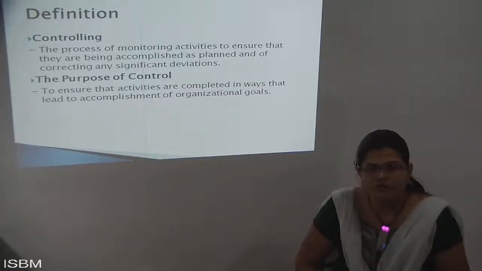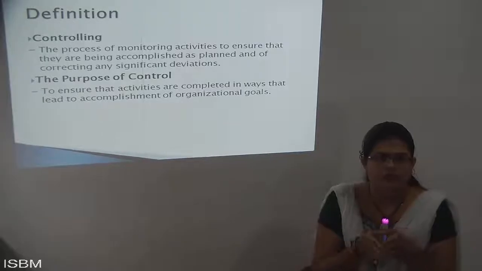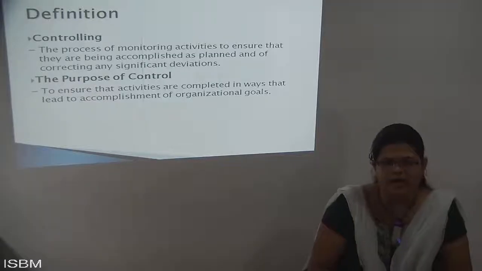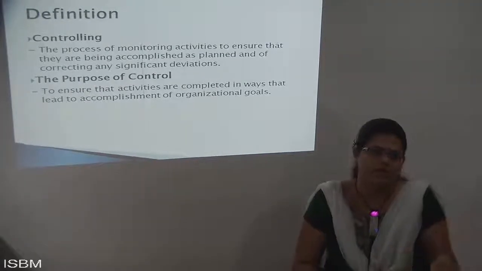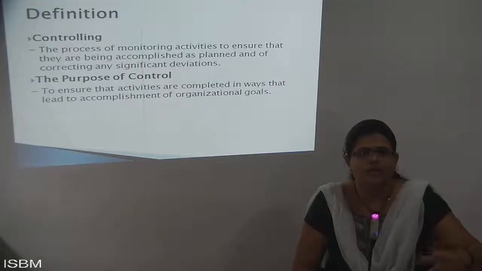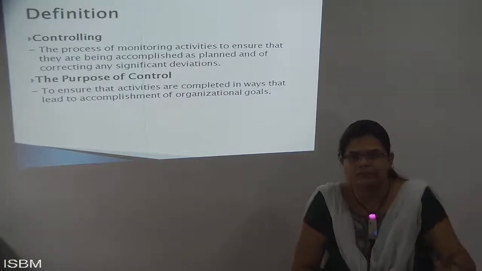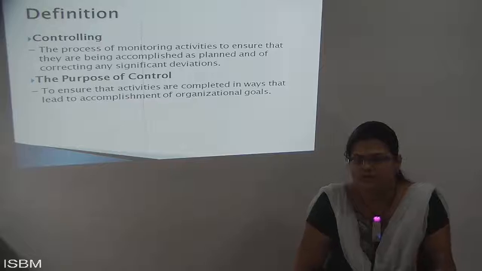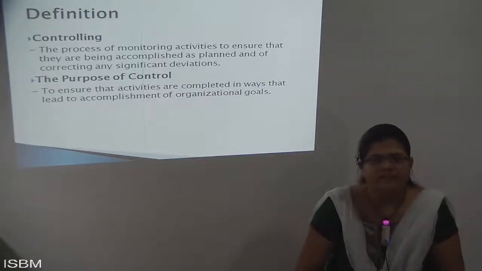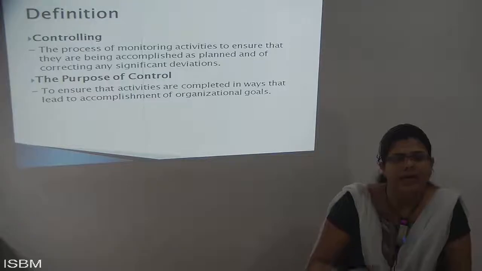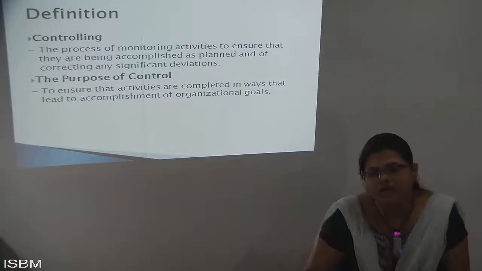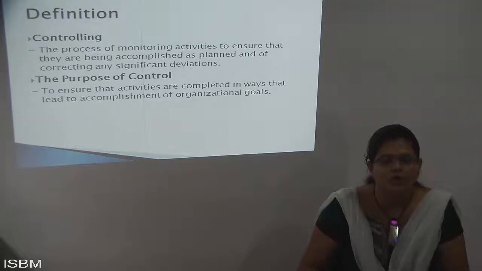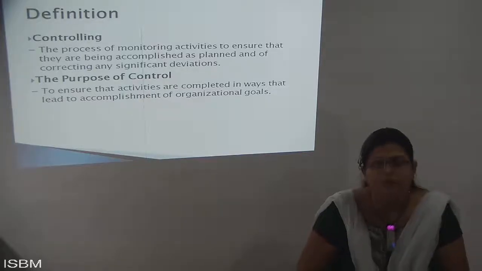Now why do we do it with the help of controlling? As I said previously, if you have planned something and then you monitor each and every part of that plan, then only if it is going in the right direction will you know that yes, I'm going in the right direction, and I'll be getting target completion, or I complete my goals in a certain way. This is what I have done at that time. But if I'm not going that way, ultimately I need to control that. If I control that, then afterwards at a certain period of time I can think that I am not completing my goals, that I'm not goal oriented.